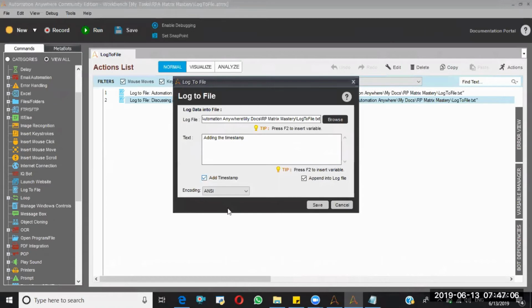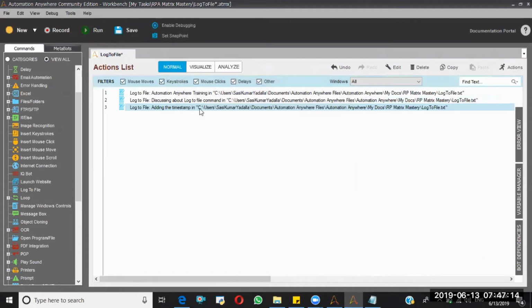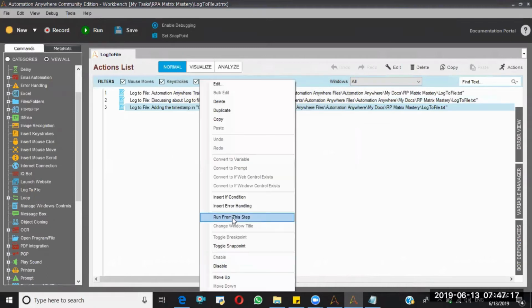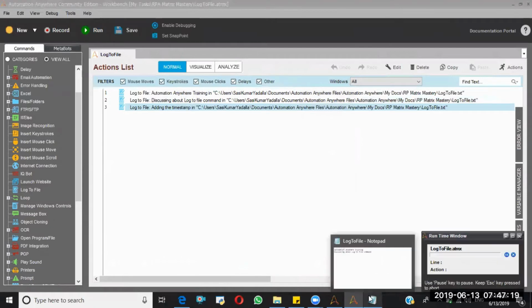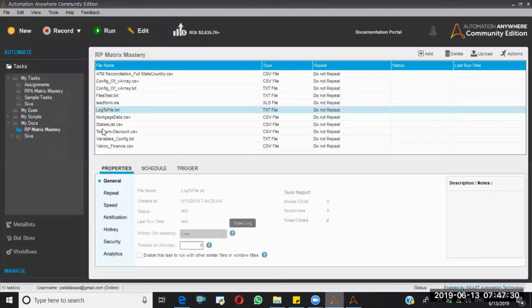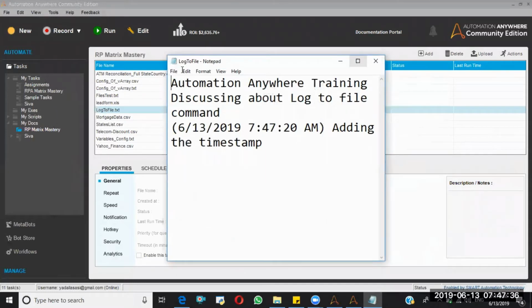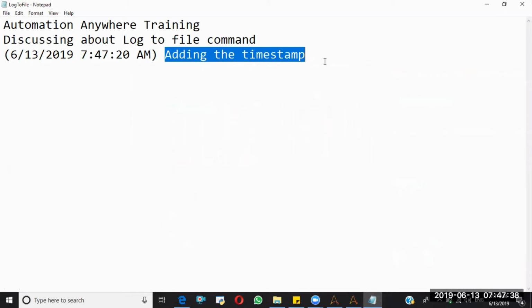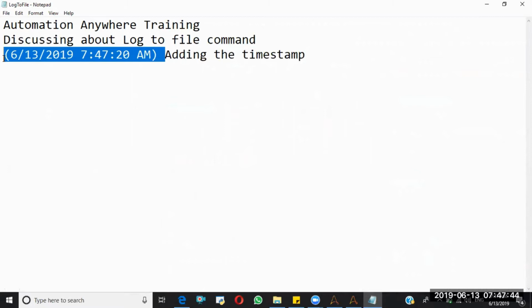At that time, it is able to insert the time as well. So I have saved this one, and I'm running from this step. I'm simply closing this and opening this file. See, the time has also been added. So this particular line was added in this file at this particular time.